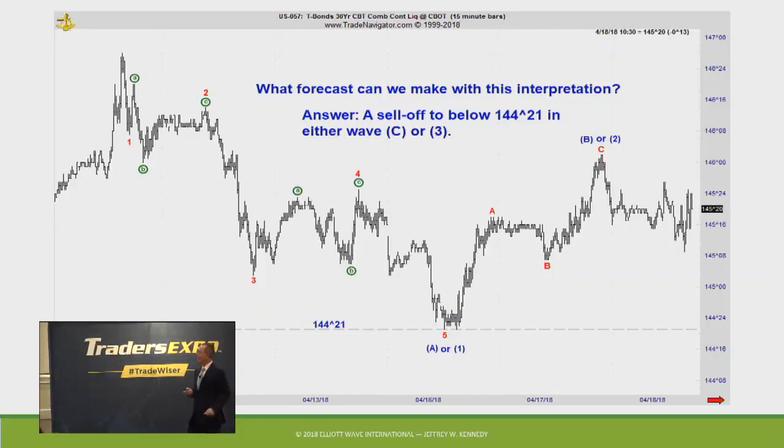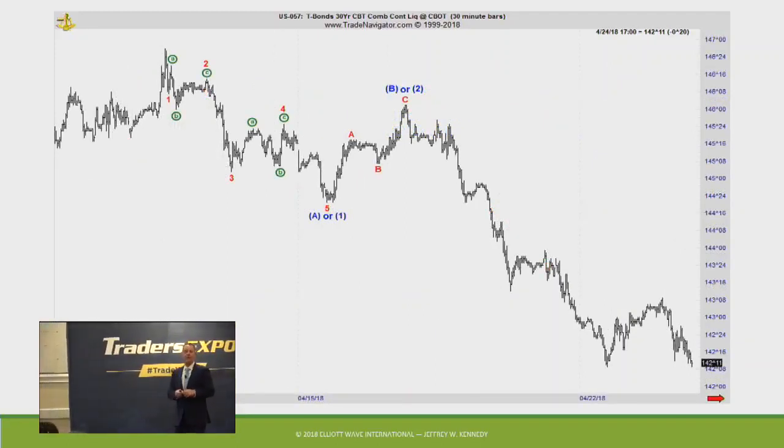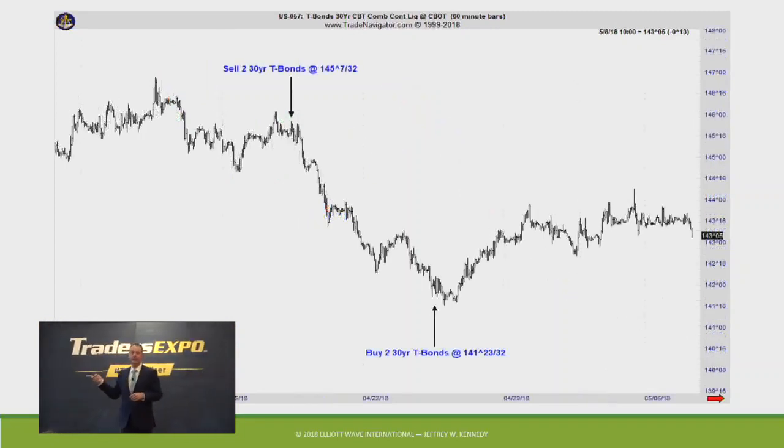So if this is a C wave that I can anticipate coming down, then the angle of that decline should be less than what was experienced in the initial sell-off. Now, if the angle of decline forthcoming is steeper than the initial 5-wave move down, then odds really begin to shift in favor of the idea that this is a 3rd wave sell-off. Okay, that's what unfolded. That's what happened. And this was a real trade.